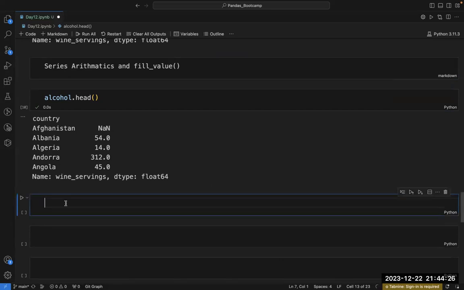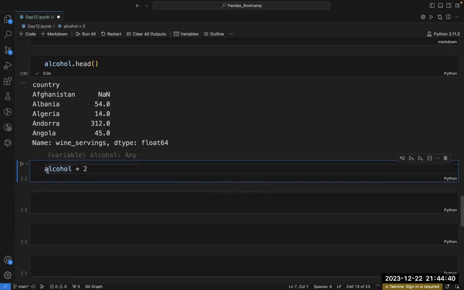So here, let me perform one addition operation. I am taking this alcohol series, and I want to add +2 here. So when I add +2, what will happen? In the value part of the alcohol data, 2 gets added to every element. This is my index and this is my value. So in every value, this 2 gets added. That means this Albania has 54, so this 54 will get changed to